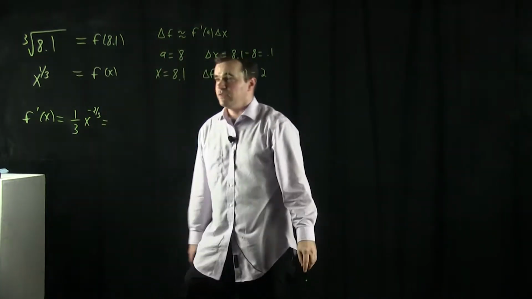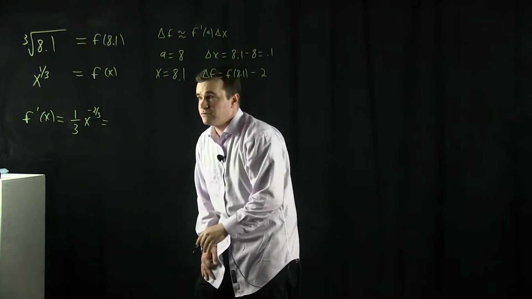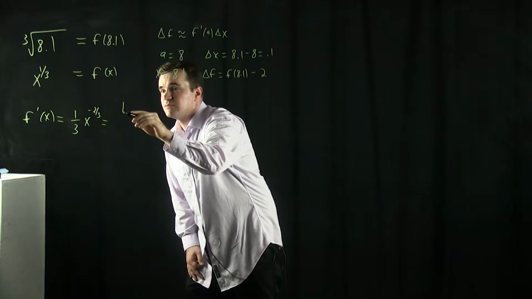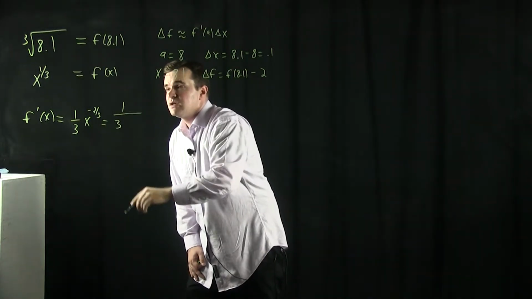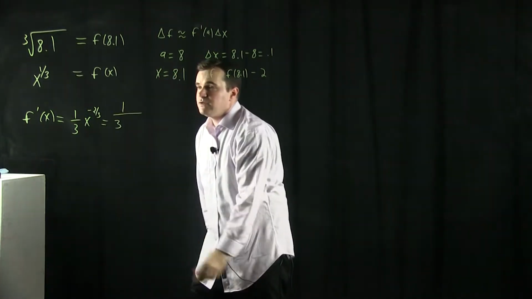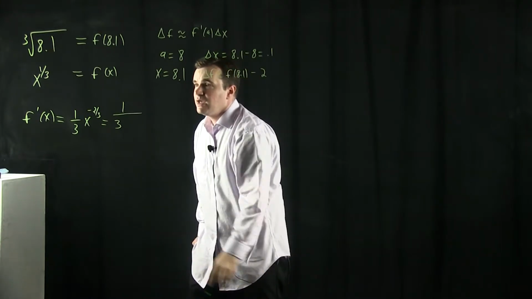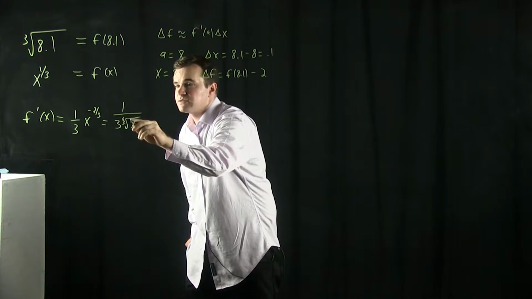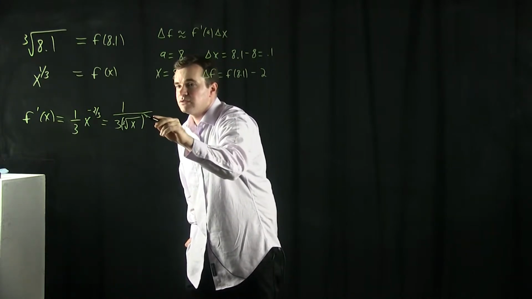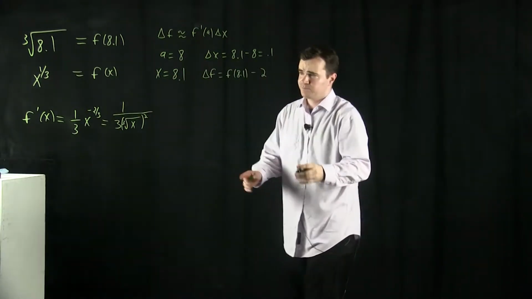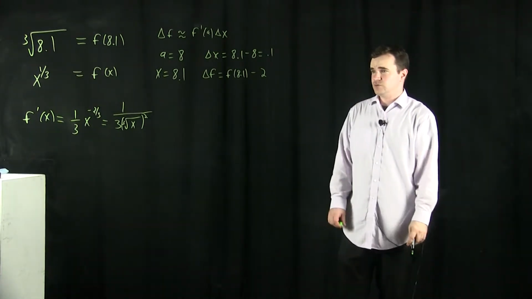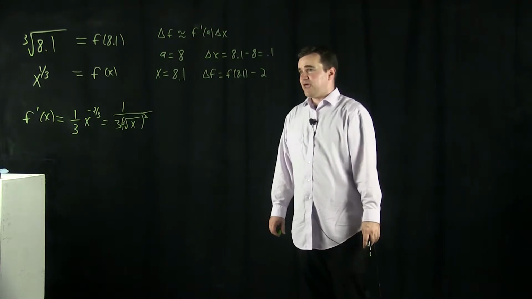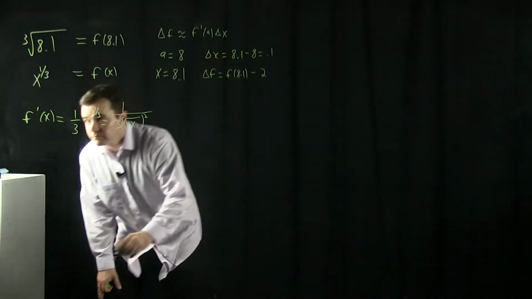And if you want to then rewrite that in standard notation, you can do something like 1/3 times, well, if you want to get rid of the negative sign, you bring it down to the denominator, and you could do cubed root of x and then squared. That's another way of writing x to the 2/3. So that's the derivative, and you can plug in